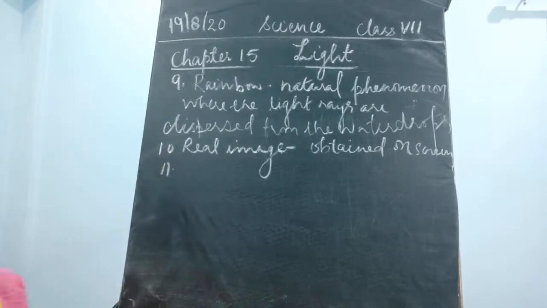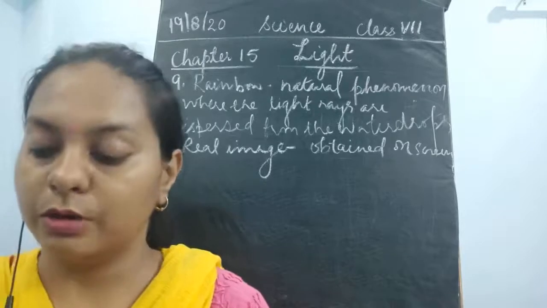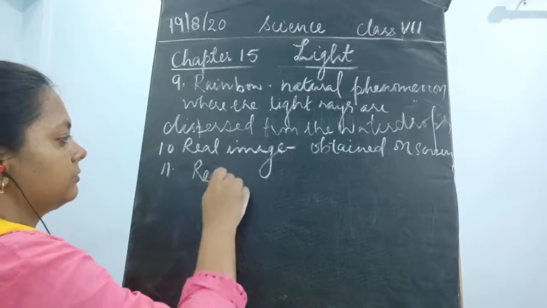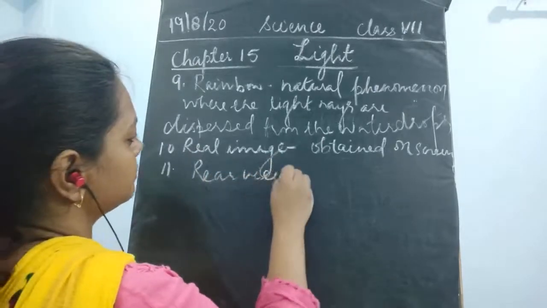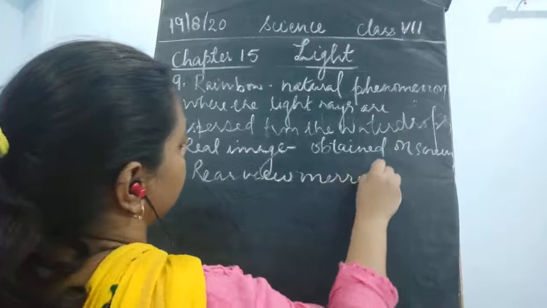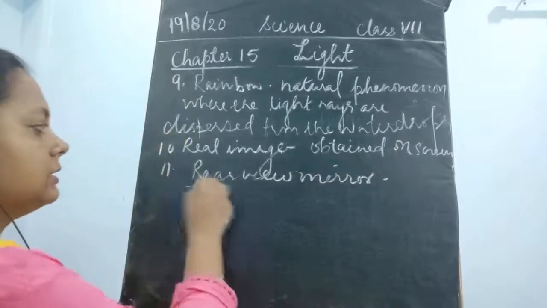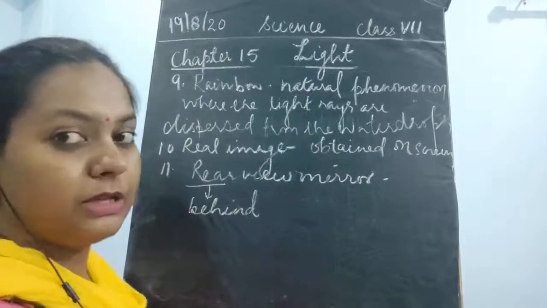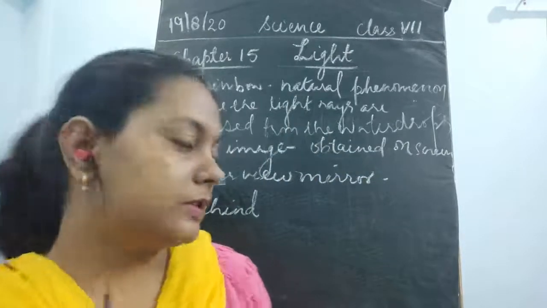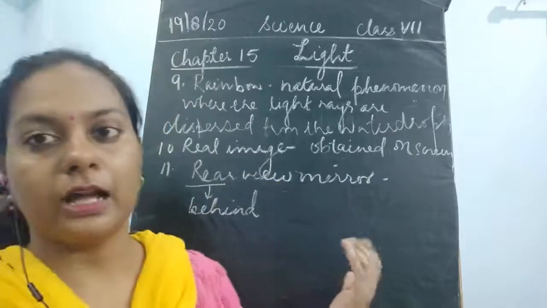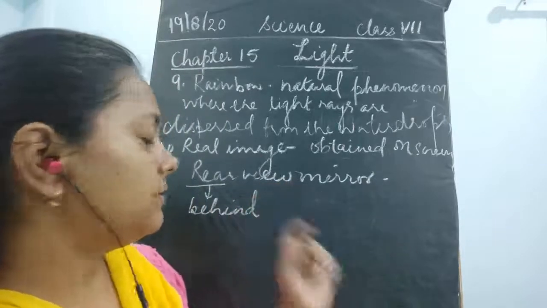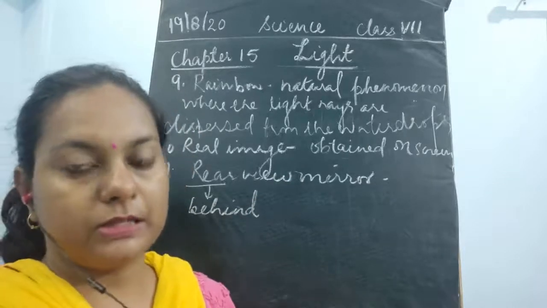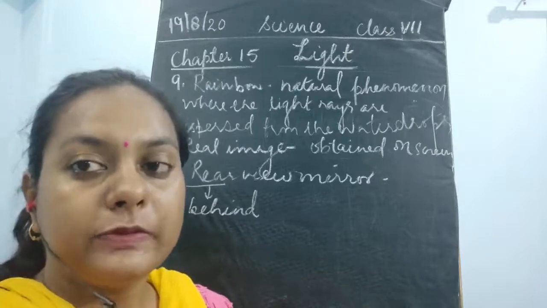Okay, next word here is the rear view mirror. What do you mean by a rear view mirror? Rear means the behind view. The view which is behind, the back side of me, is known as a rear view. View means to see something, and mirror is the mirror which is used to see the objects behind. So this is the mirror which is present in cars, in your vehicles, in your bikes, in your scooty.